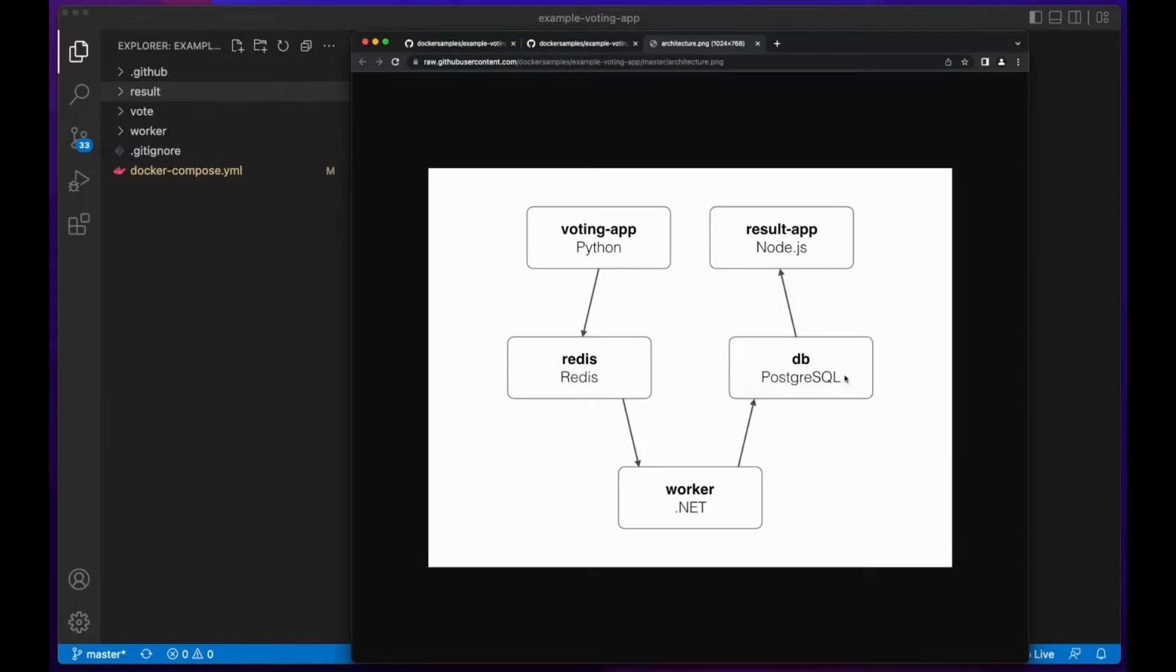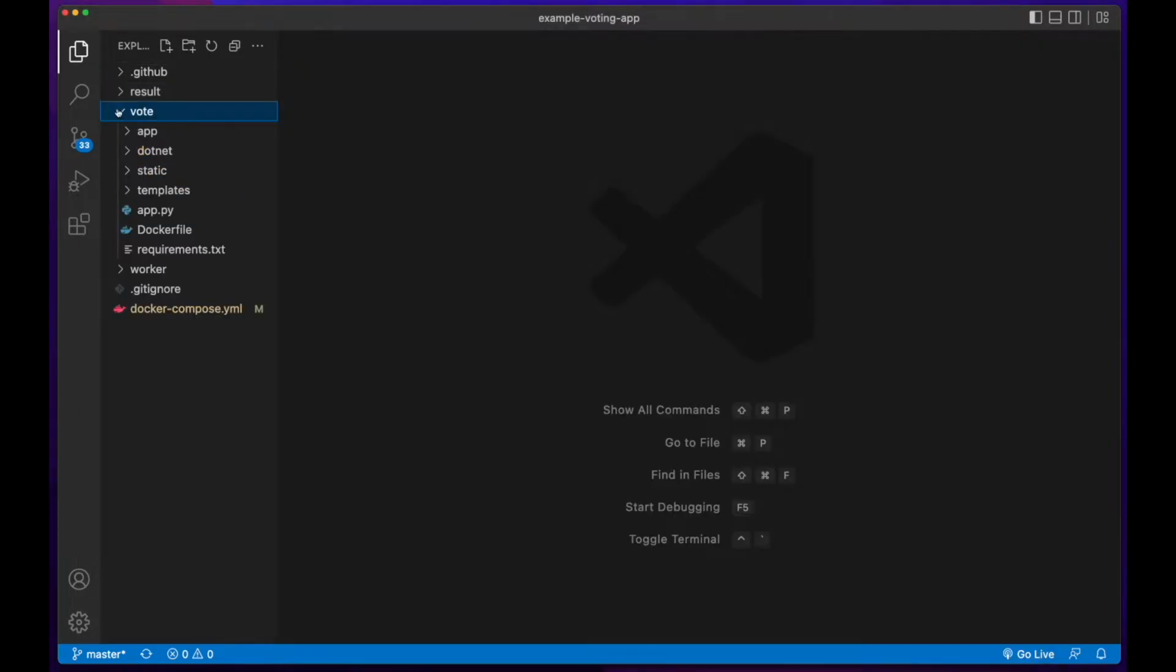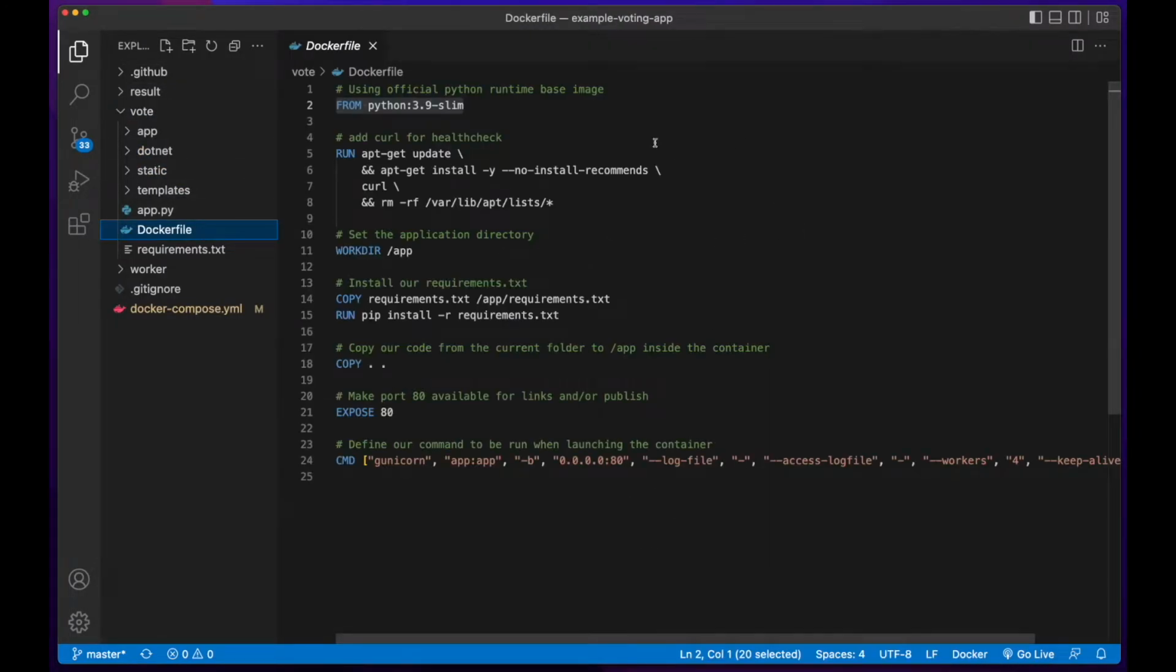These images are available on Docker Hub. So we'll just pull those images and use them to spin up containers. The custom applications, we need to use the Dockerfile to build the images that we could then use to create the containers. If we go into the vote folder and look at the Dockerfile, we can see that